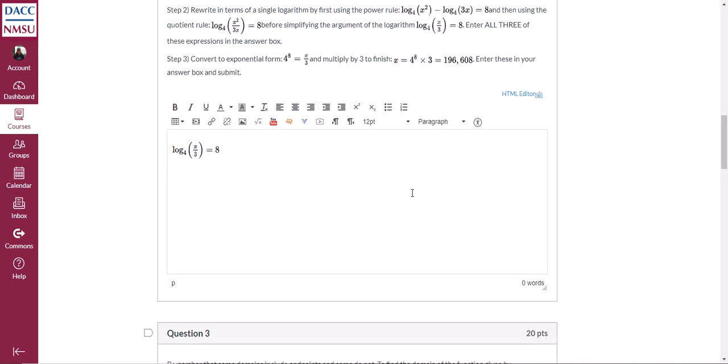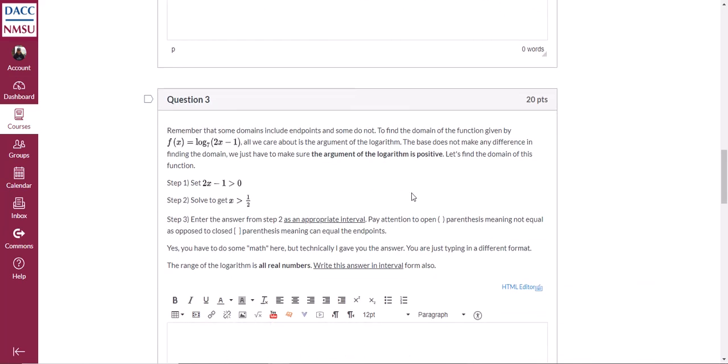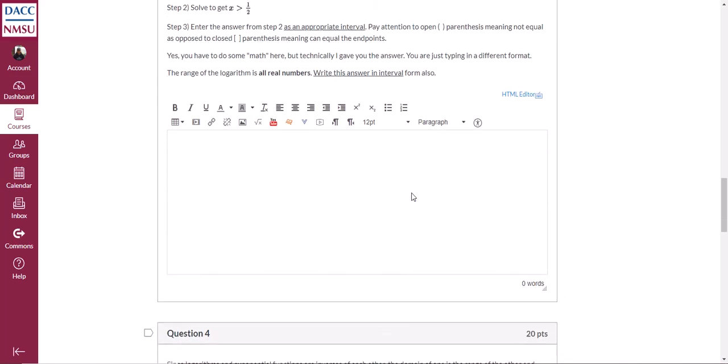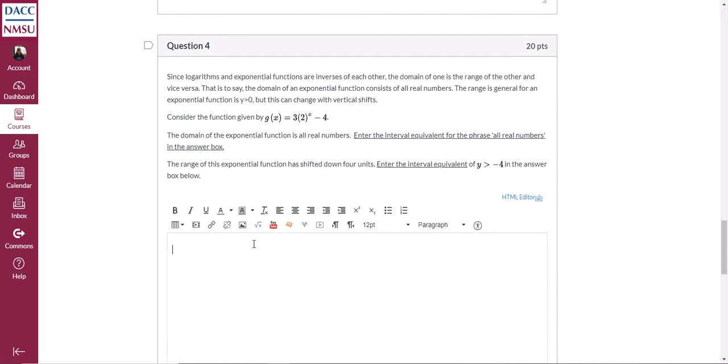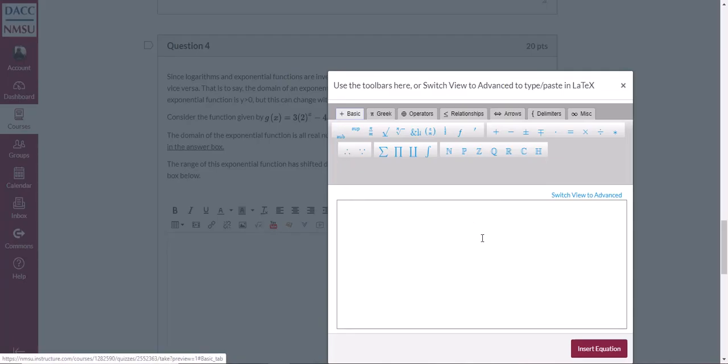So we have fractions, we have radicals, superscripts for like squared, subscripts for our base of the logarithm. Let me see, what else do we have? Those ones are fairly straightforward. The interval equivalent for all real numbers. This is the fancy button that somebody found. What I was thinking for the answer, however, was